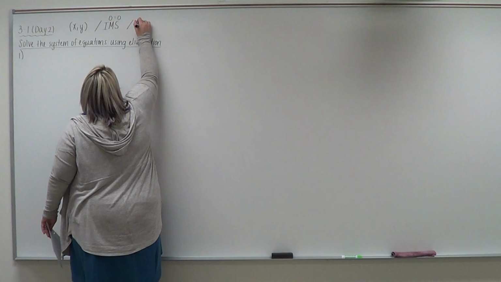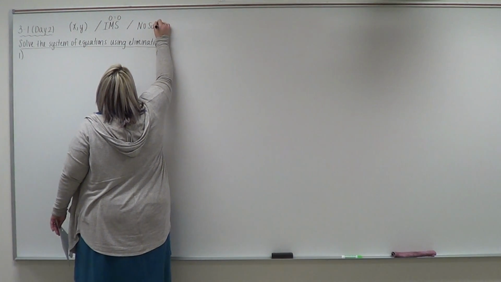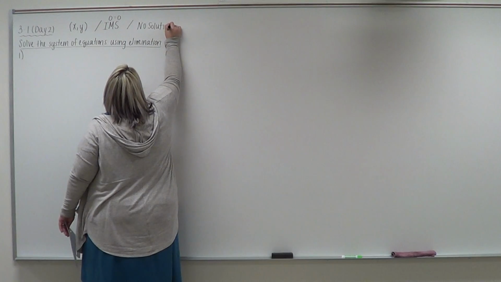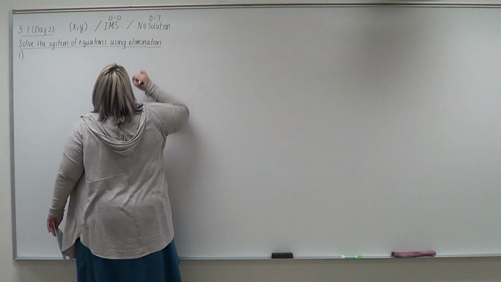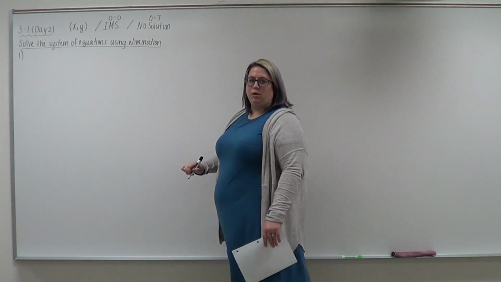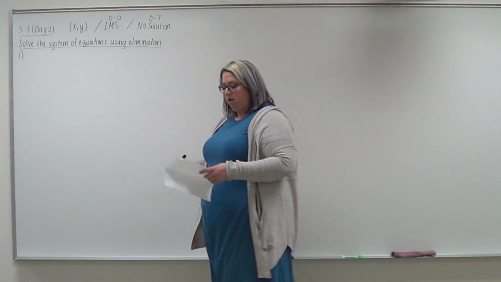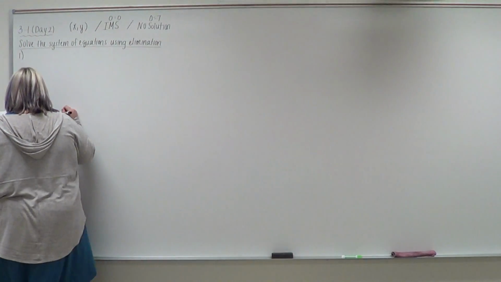Or you could also get no solution. And no solution is like if you would get like 0 equals 7. Well, 0 doesn't equal 7. So that's why it would be a no solution. Okay? Alright, so for our first example,